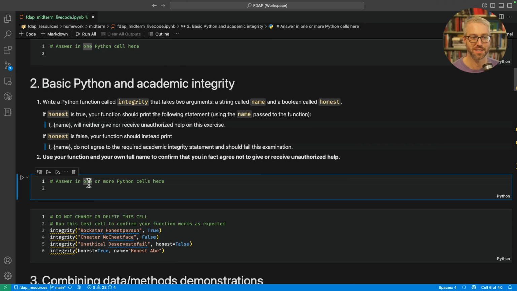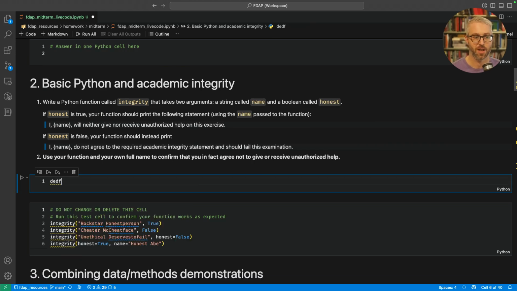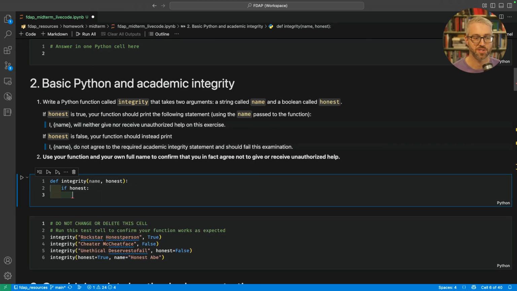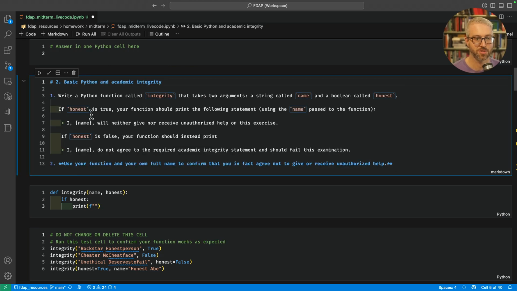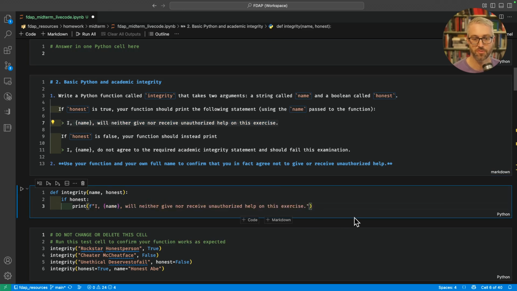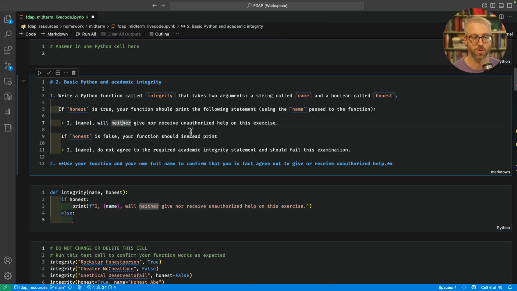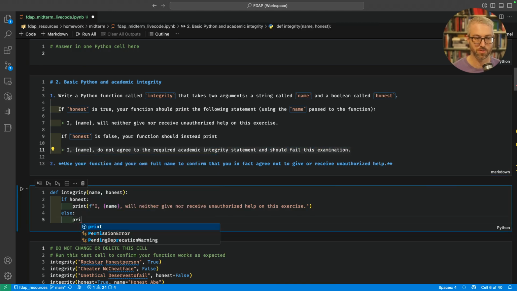Write a Python function called integrity that takes two arguments. So let's define a function called integrity. It's going to take a string called name and a Boolean called honest. If honest is true, your function should print, let's just copy it out of the instructions here, name will neither give nor receive unauthorized help on this exercise, and otherwise we're going to print name do not agree